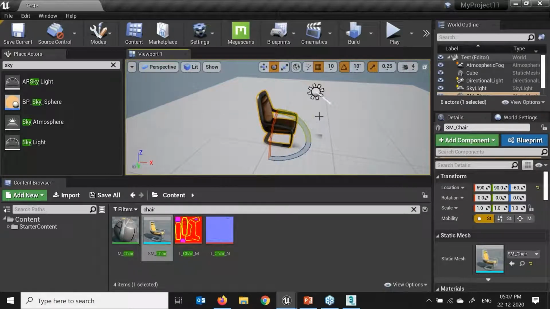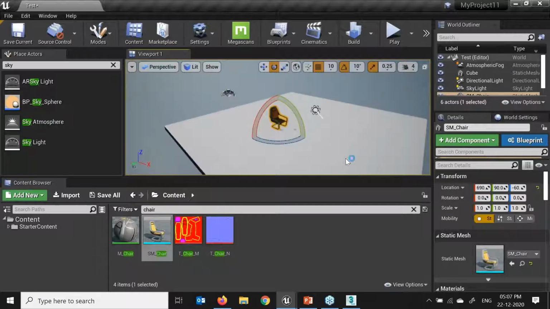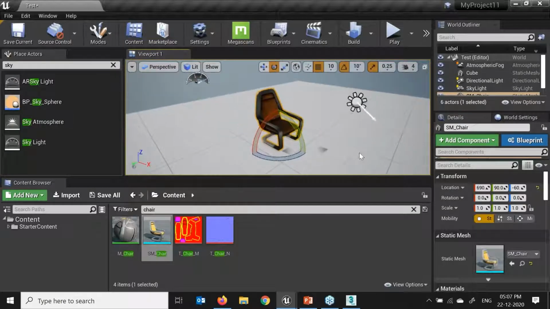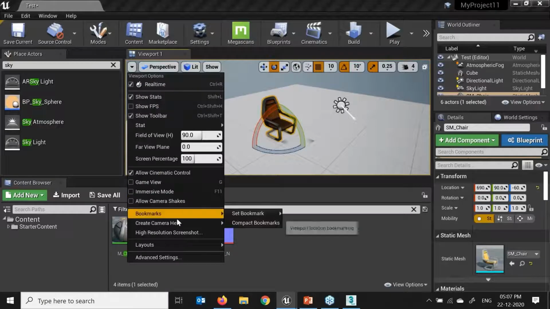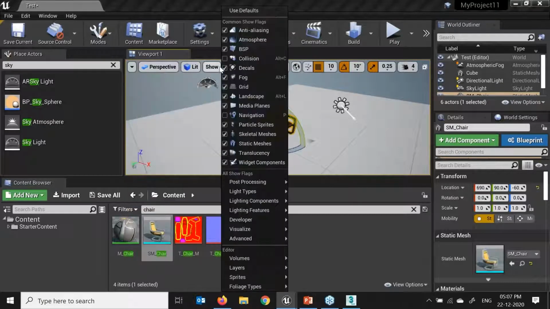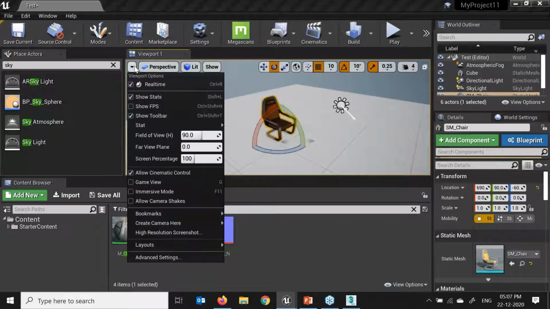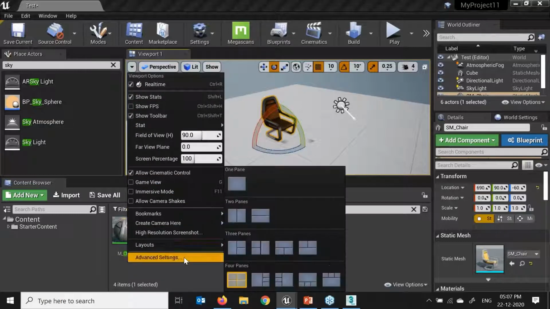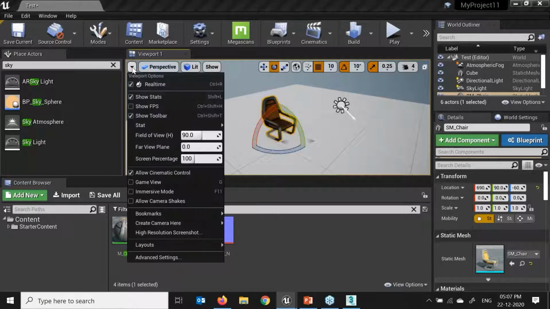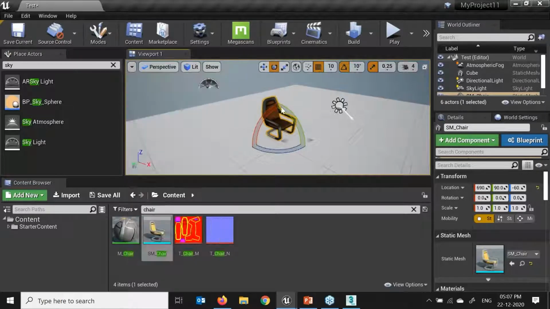Correct. Now what we'll do, we'll add more. If I zoom out here, I'm able to see a little bit more exposure control. Here we have the exposure control, field of view, gamma view, bookmark, create. Just click real time.